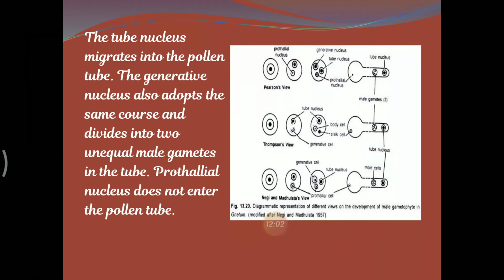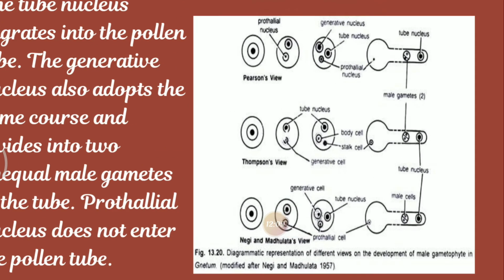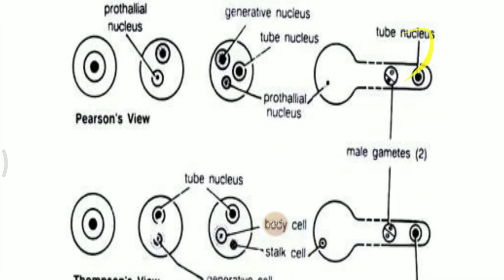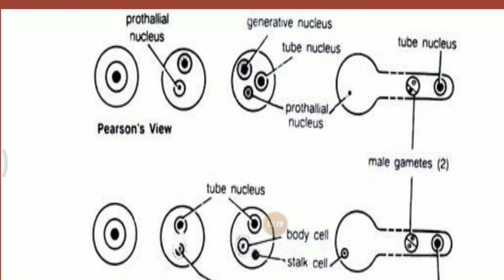This is the particular pollen chamber. What are the things going on there? The exine ruptures. The exine gets ruptured. Later, the intine protrudes out through the rupture and grows into a pollen tube. So this is how the pollen tube grows here. And this is one of the pollen tubes grown. One nucleus approaches the growing tip of the pollen tube and guides its growth towards the embryo sac.